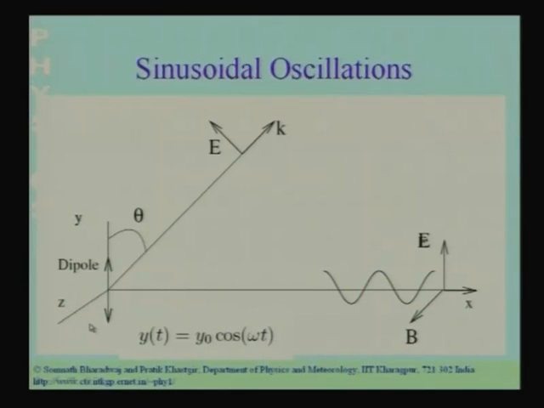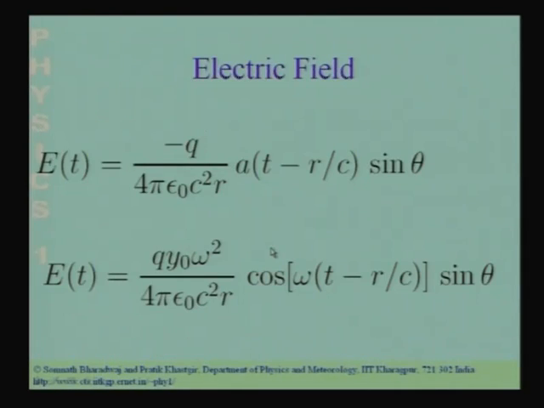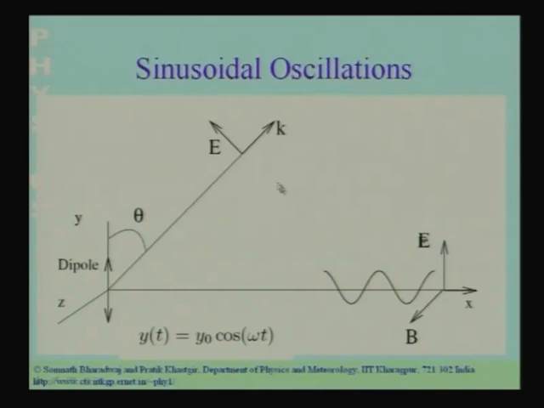Coming back to our picture, we have the dipole oscillating like this, and if we ask the question, what is the electric field at some arbitrary point here far away, then you have to take the component of this oscillation, that is the component of the y axis, in the direction perpendicular to the line of sight. So, this is the direction of the electric field, which is shown over here. The electric field is going to oscillate perpendicular to the direction of line of sight. The wave is going to propagate along the line of sight.